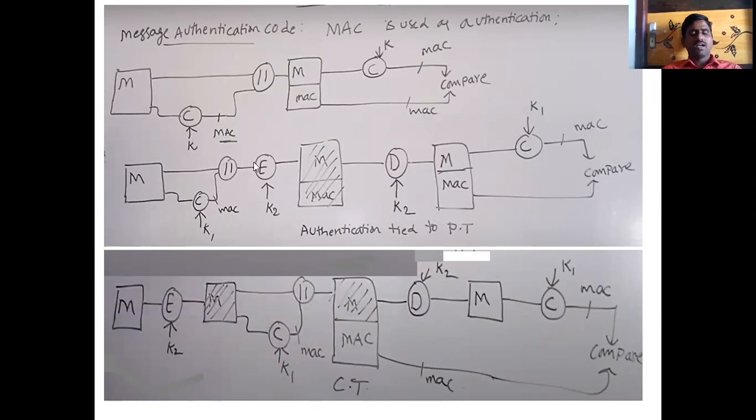One is authentication with respect to plain text, and the other is authentication with respect to ciphertext. The next two we'll discuss. So what is the problem in the case of this first one? When you are transferring the plain text directly, there is a chance of modifying the data. Let us see.